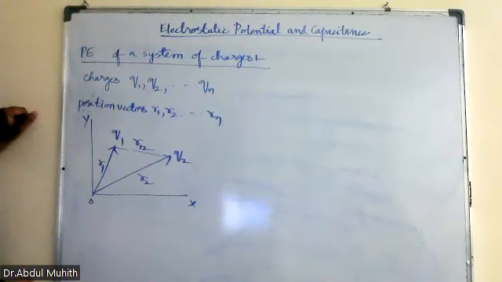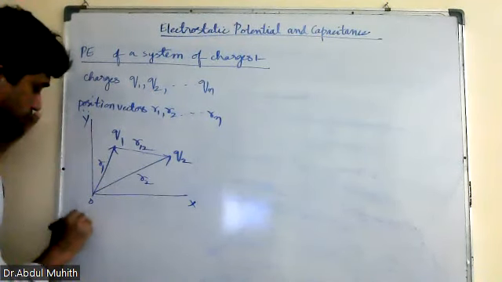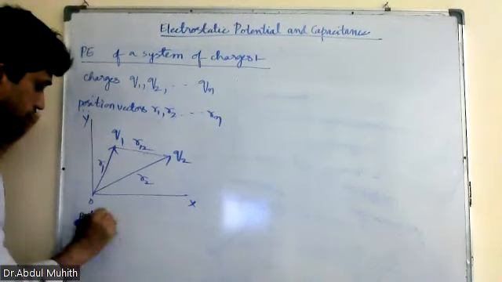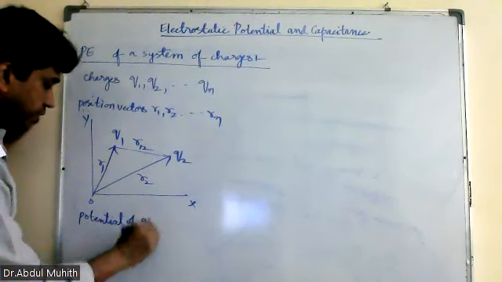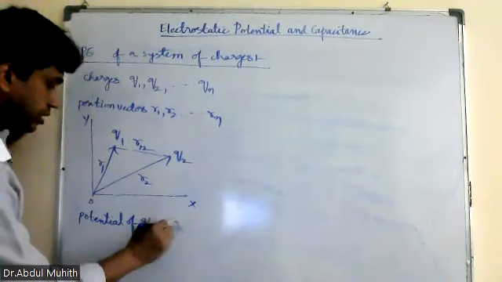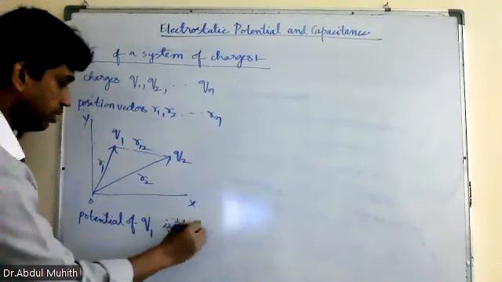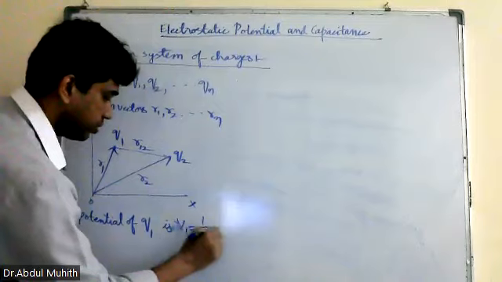Now what happens here? Work done to move. Now the electric potential of Q1 is given by V1 is equal to 1 by 4 pi epsilon 0 into